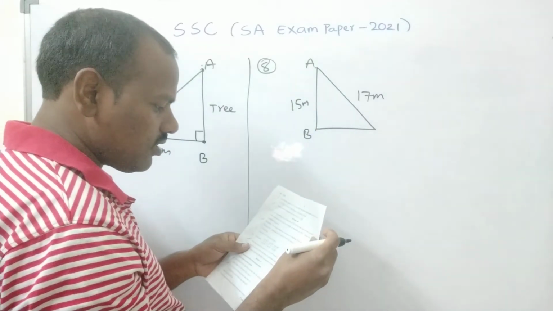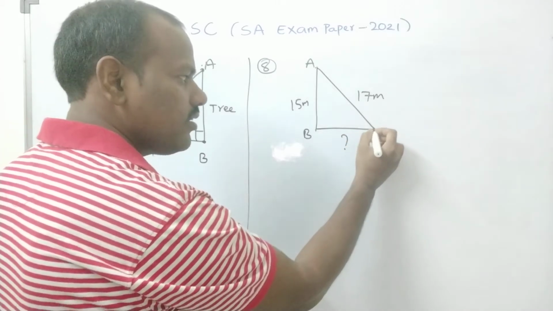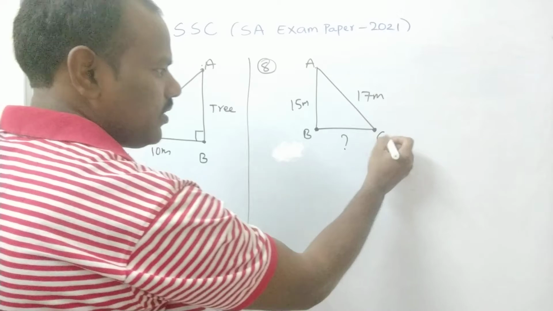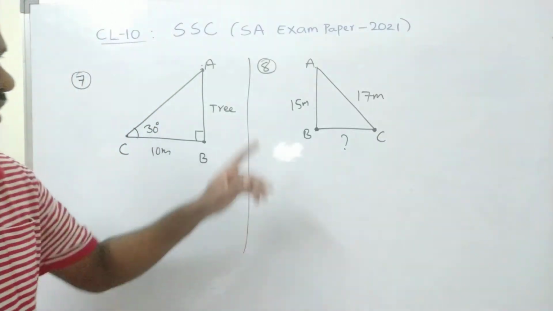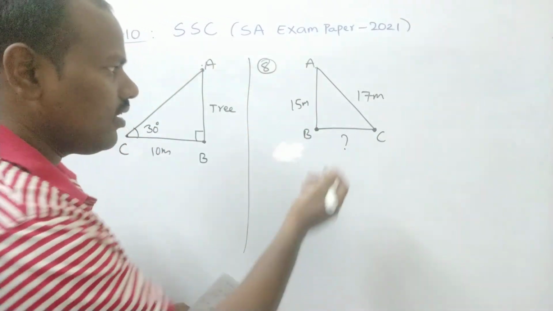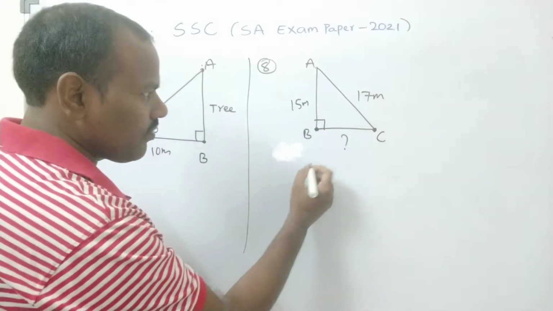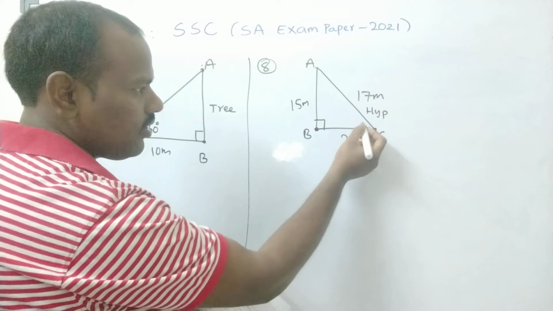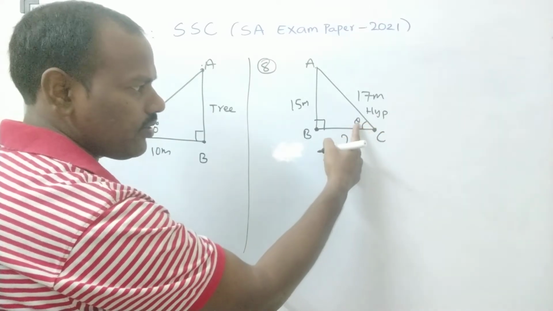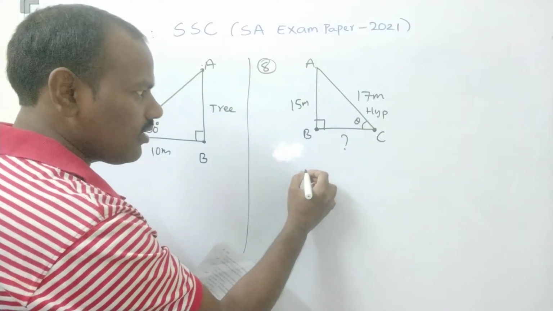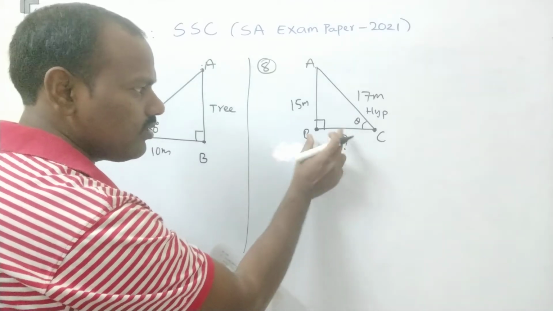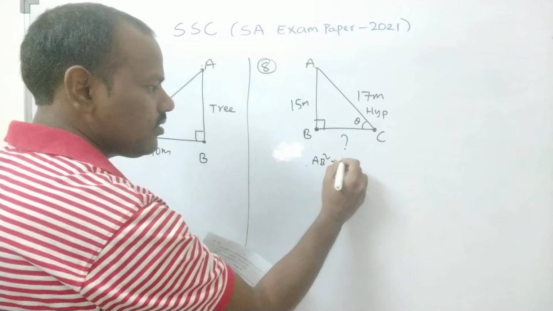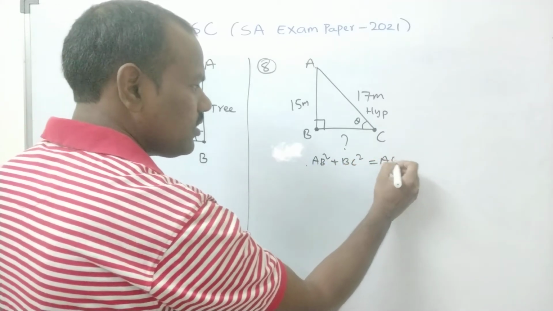So determine the distance from the foot of the ladder. So here it is the foot of the ladder. Here imagine this is a wall. AB is a wall. So BC is the distance which we have to calculate. AC is the ladder. What do you have? Pythagoras theorem. So if you apply Pythagoras theorem, this will become the hypotenuse, and with respect to theta, if you take this acute angle, now you can calculate: AB square plus BC square equal to AC square.